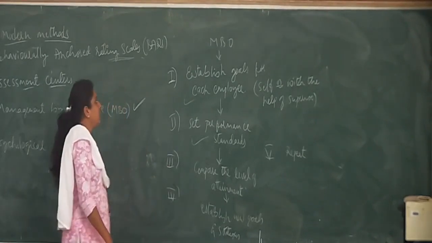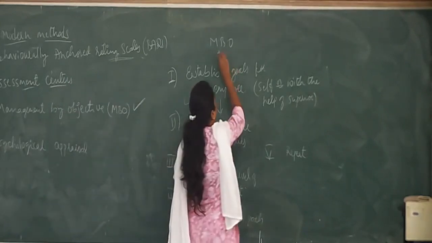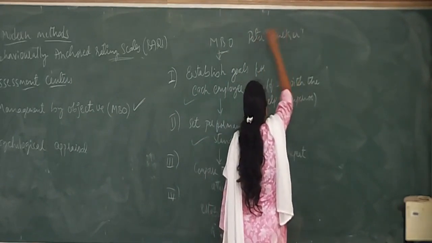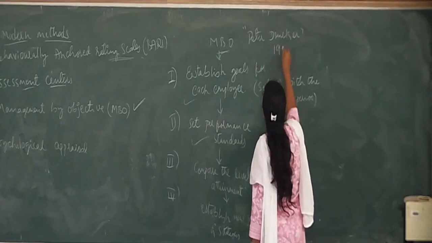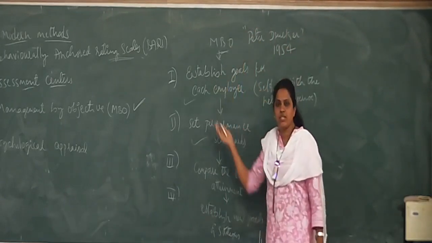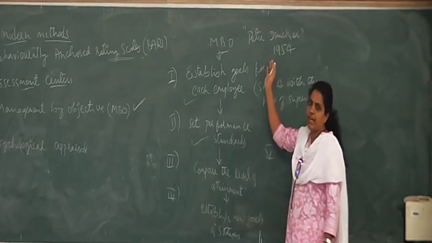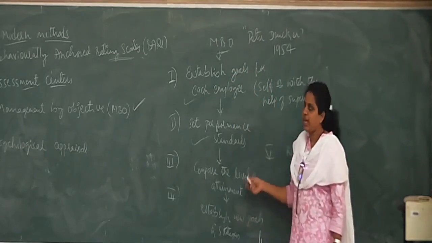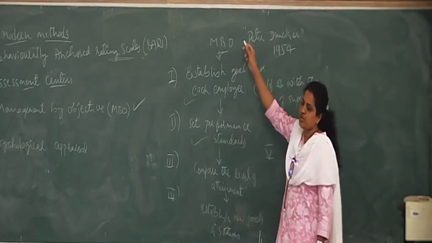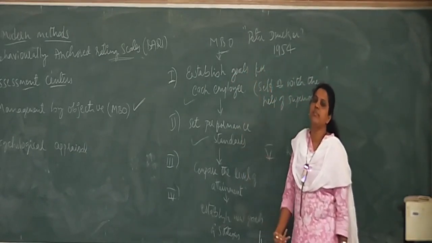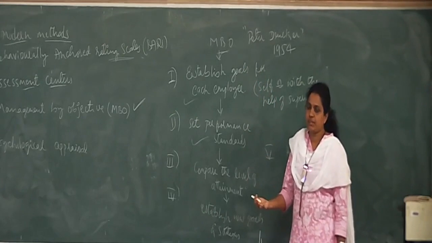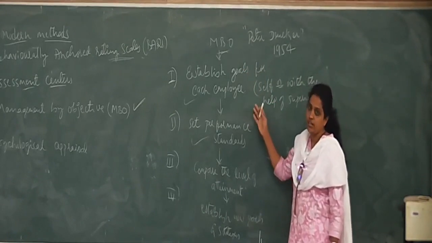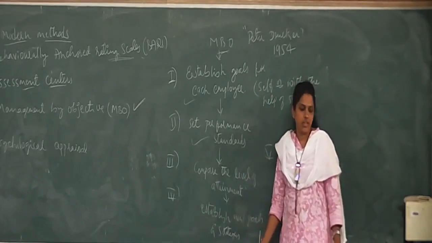Okay, so initially this MBO, you might have heard the management guru Peter Drucker name, right? He coined this word in 1954 only. It is a way of management. Very recently people have started using this technique in appraising the various employees. Earlier MBO used to be treated as one of the types of management, one of the ways of management. Later they realized that we can use this for appraising the performance of the employees also.